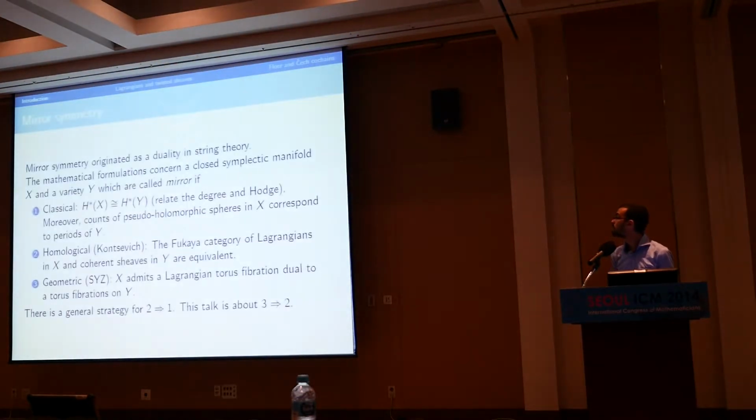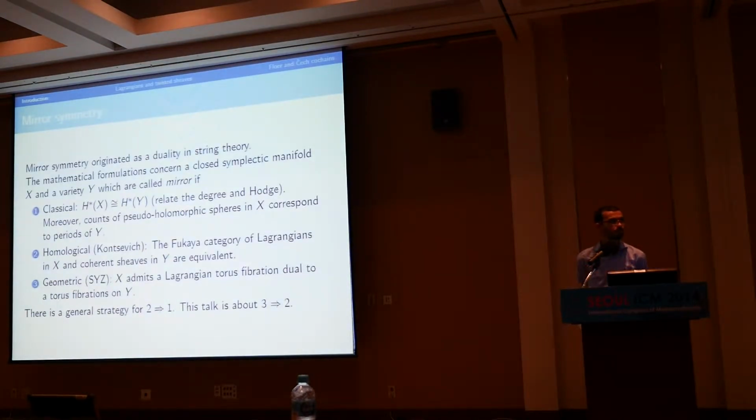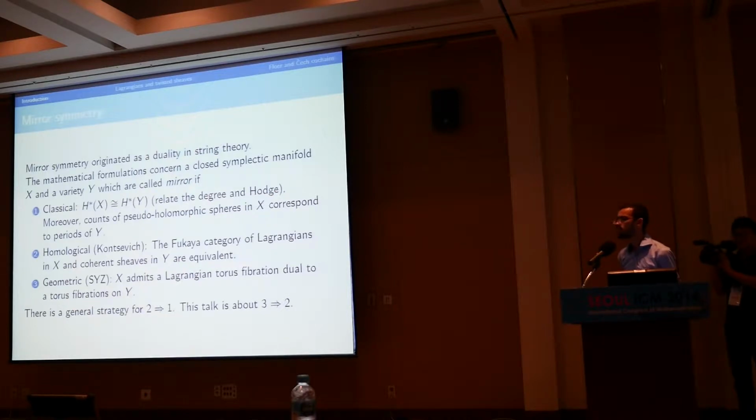So let me start with some discussion of mirror symmetry. I can't say anything too precise in the beginning. But from a mathematician's point of view, there are basically 3 stages in mirror symmetry. One is what we call the classical mirror symmetry picture. This is what the physicists came up with and asked mathematicians about maybe 25 years ago. You can summarize it at a very basic level: you have these 2 Calabi-Yau varieties. But for us, we'll think of one of them as a symplectic manifold, and for the other one we're just going to look at the complex structure.